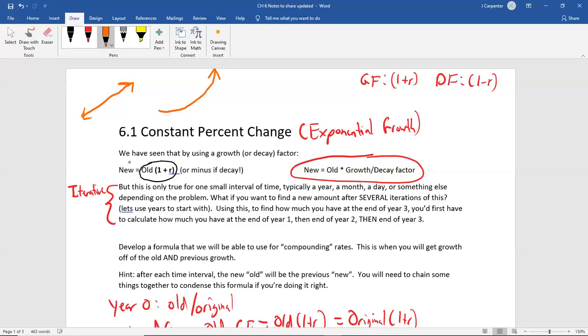If it says that it compounds daily, then to get day 5, you need day 4, and then you need day 3 and day 2 and day 1. They just build on each other. So to get day 1000, you have to do 999 calculations before that to get the 1000th element. So what we did is we developed a formula that we'd be able to use for compounding rates. So let's say you wanted to know what the amount you have is on that 1000th day. Instead of having to calculate the first 999 of them, you can just use a formula to go from the